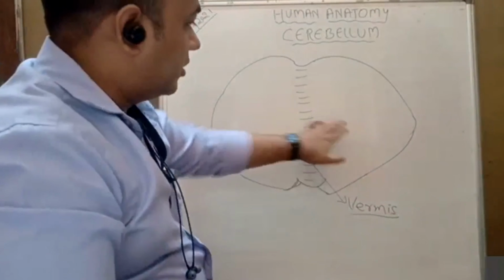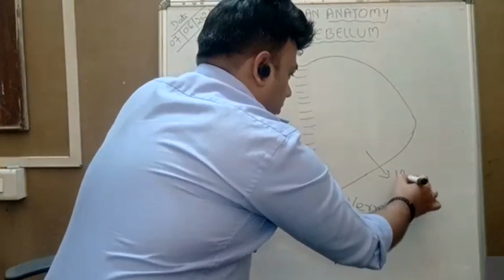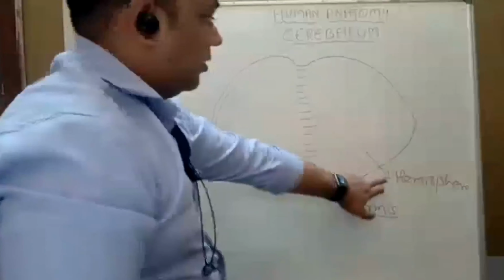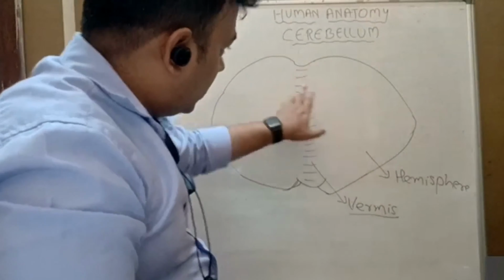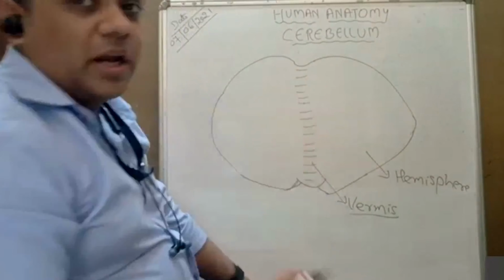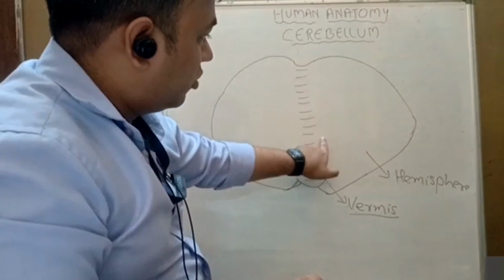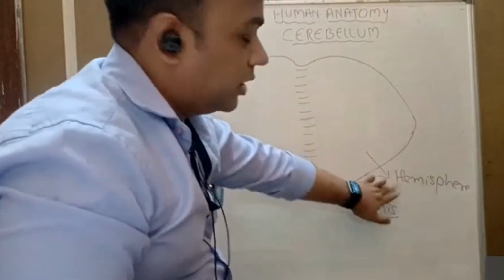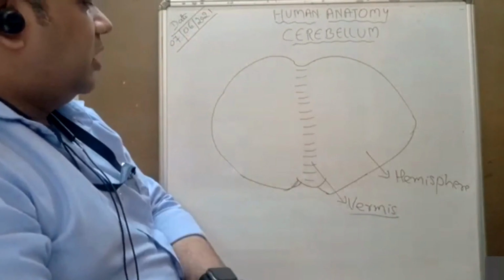And these are the cerebellar hemispheres. I'm labeling on one side only, but both are hemispheres. Now between the cerebellar hemisphere and the vermis, there is a sulcus. This sulcus is known as the paramedian sulcus. So just remember it: an elevation comes as the vermis, then there will be the sulcus, then again a proper elevation, that is known as the hemisphere on either side, the right side and the left side hemisphere.